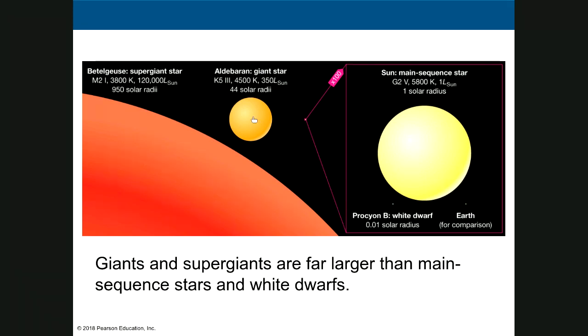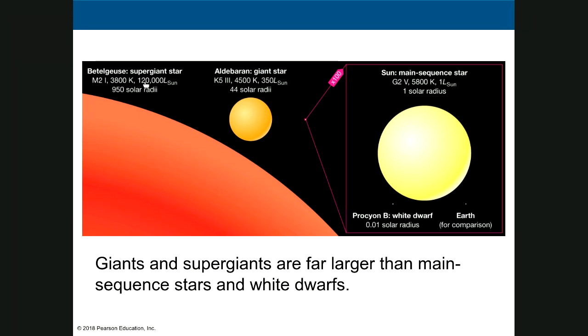All right, so using those two things, which we can measure, we can figure out the temperature from the blackbody radiation curve, and we can figure out the luminosity from our brightness distance calculation. We get the size of 44 solar radii. All right, now that's not perfect. There's going to be some error bars, plus or minus a few, but you'll notice that Betelgeuse, which is a